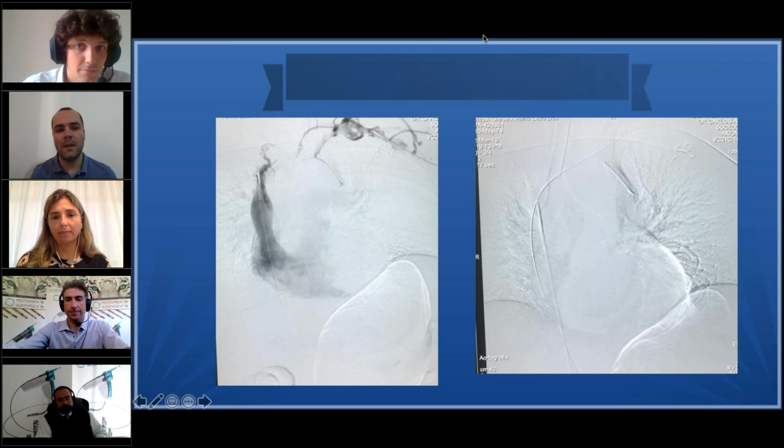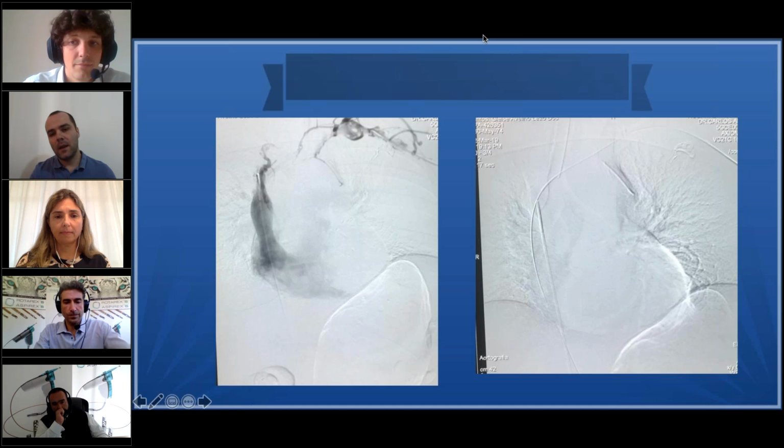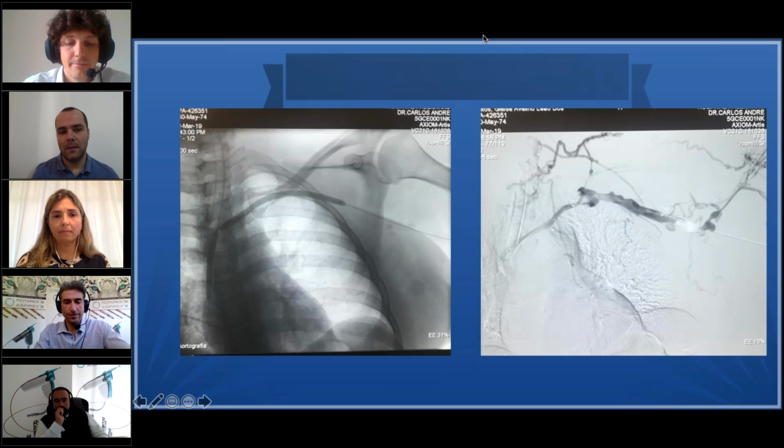I went in through the fistula and through the femoral vein as well, and I did the angiography at the same time. Afterward, I could transpass the guide wire. The procedure sometimes takes too long, but you realize that it is going to be okay, and you're going to make it possible. On the left, you see the first angioplasty and the first control.